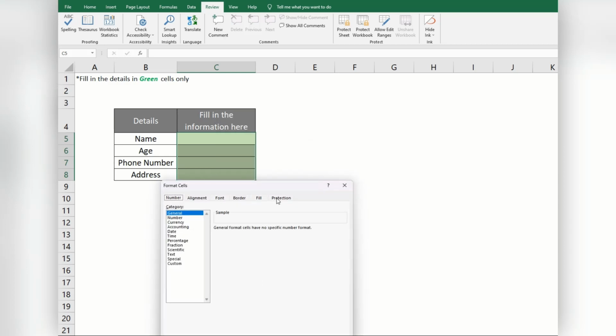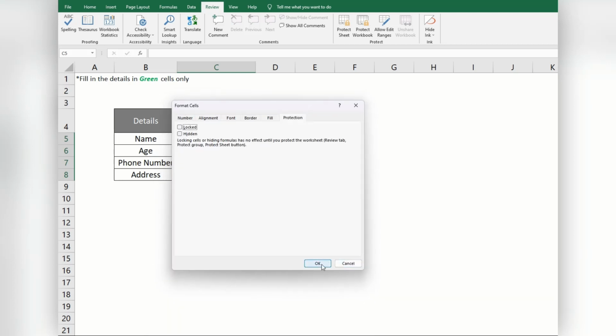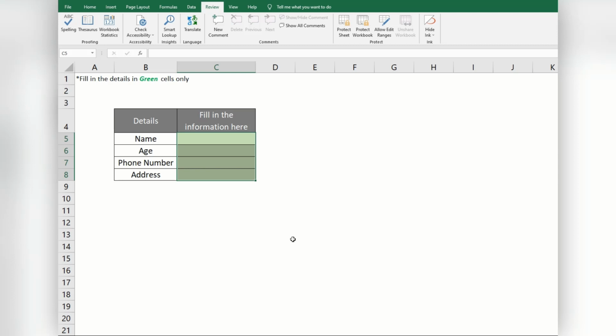Now here you can see the last tab, which is the protection tab, and under it the locked option is checked, which I will uncheck. So I have to uncheck this locked option, right? And now I will click on the OK button here. The moment I do that, these green cells will remain unprotected, right?